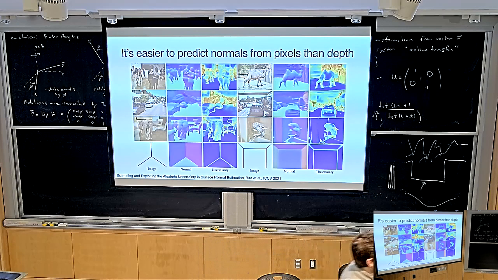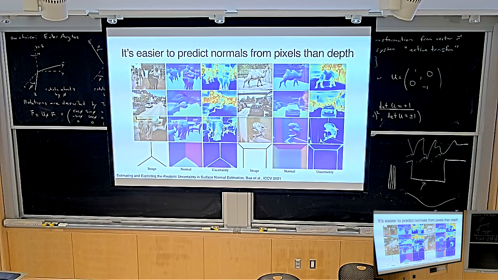But why is that a hard task? It's a hard task because estimating the scale requires you to look at the context of the whole image. Depth is not a local property. If you want to estimate the depth of this bottle, it doesn't suffice to just look at the local neighborhood of this pixel. You actually have to look at the whole neighborhood that contains the whole bottle, because you have to estimate the scale of the whole bottle. That's the only way you can get the depth of this pixel.